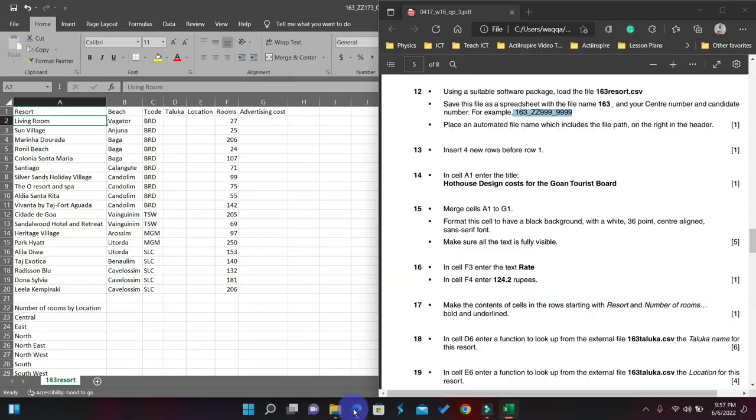Now let us see what next steps they are asking us to do. They are saying that place an automated file name which includes the file path on the right in header. So basically they are asking us to insert a header. In the header section, they're asking that we have to add automated file name and path that should be right